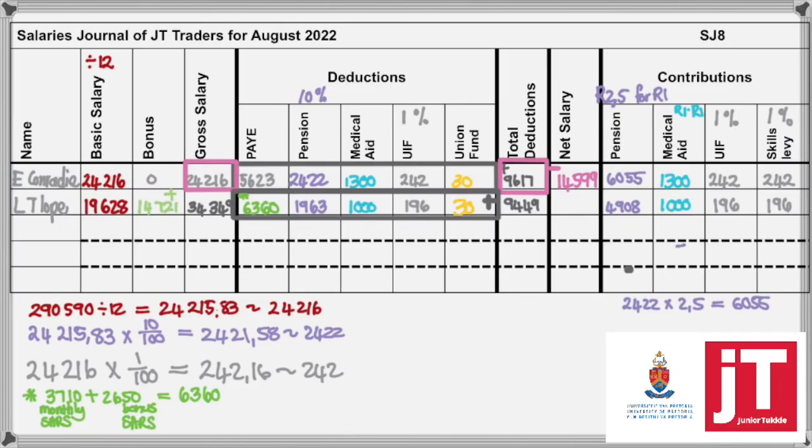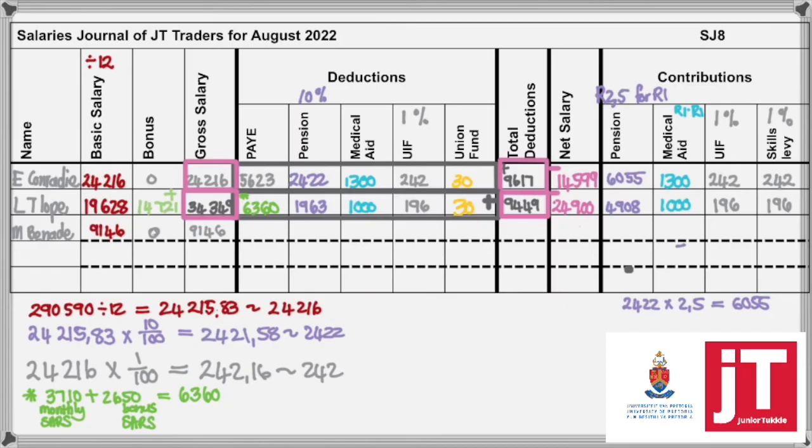How do we get net salary now? You take your gross salary minus your total deductions. So the 34,349 Rand minus 9,449 gives you 24,900 Rand net salary. And then the last person, Bernardi, he earns a monthly salary of